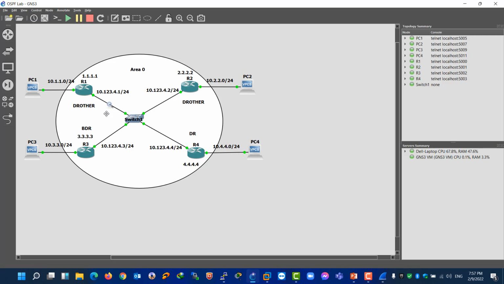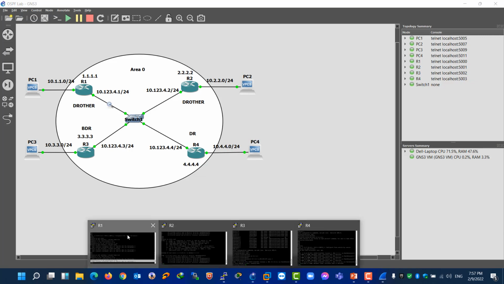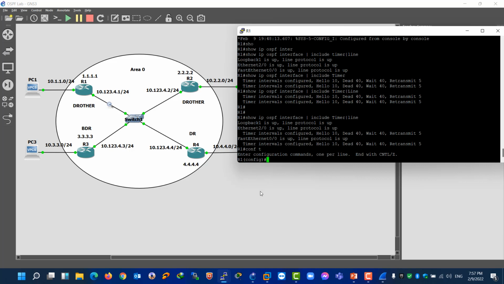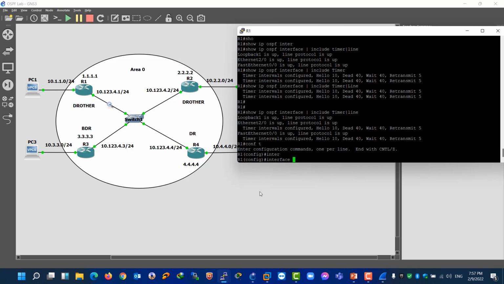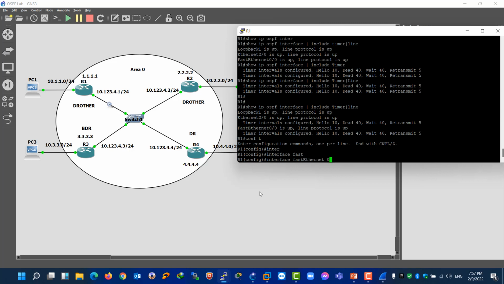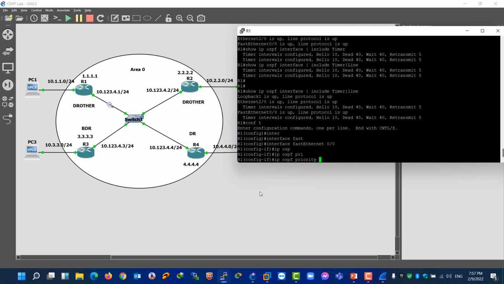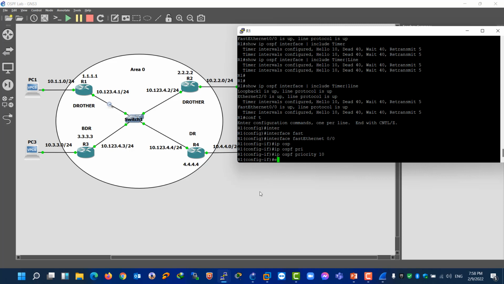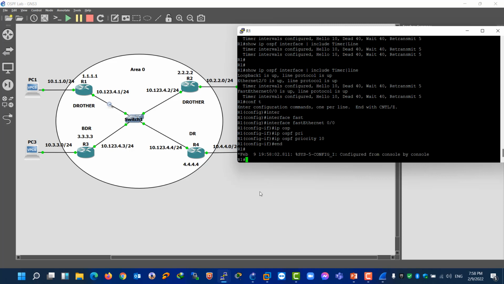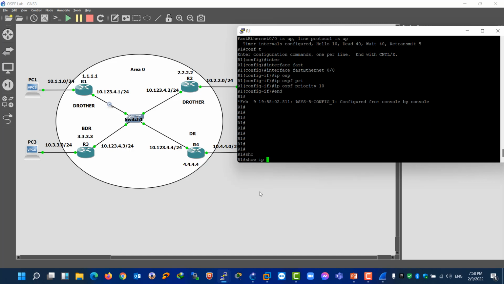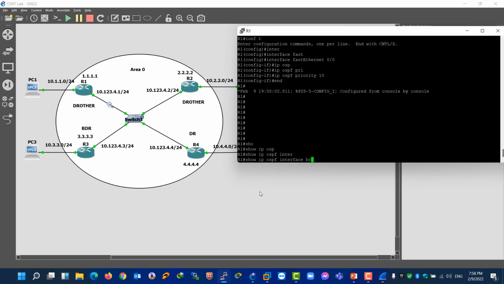If we want to make router number 1 the DR, let's go to router number 1, configure terminal, interface FastEthernet 0/0, ip ospf priority 10. Show ip ospf interface brief,